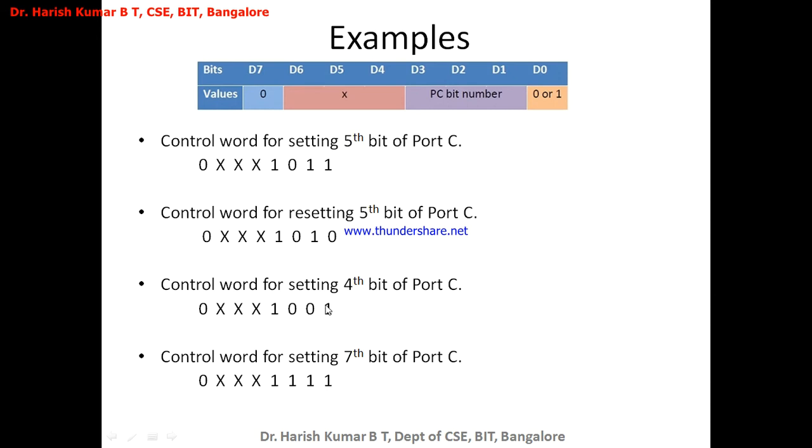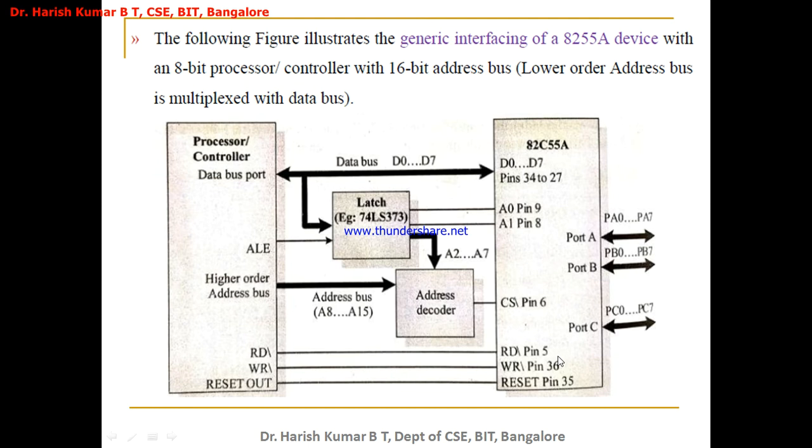4th bit to 1. Similarly, how do I set the 7th bit of port C? 1 1 1. This is 7 to 1. This is how you can do it. These are the examples, and this explains how to interface